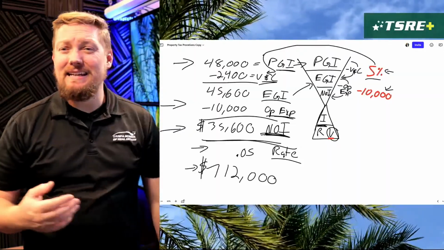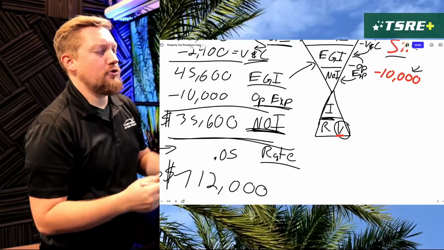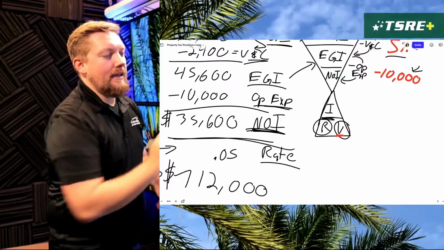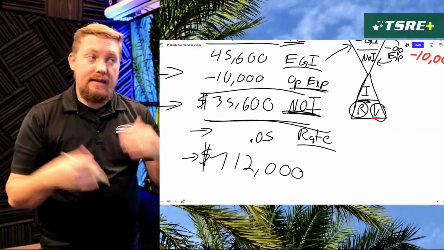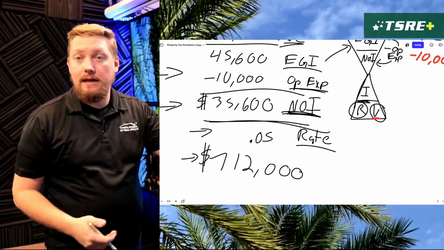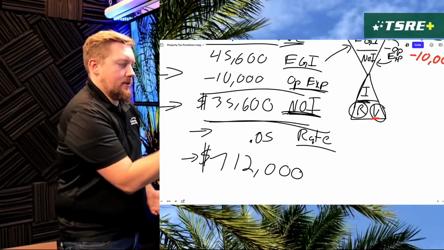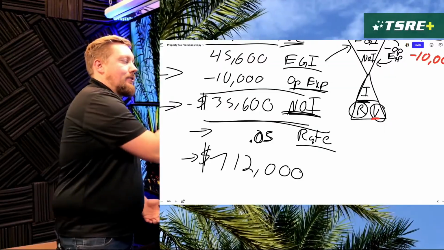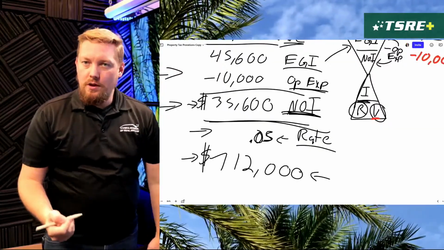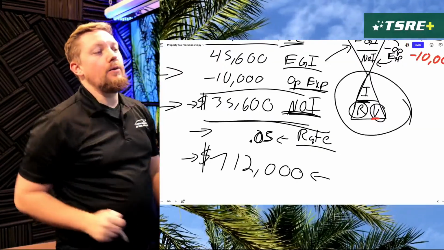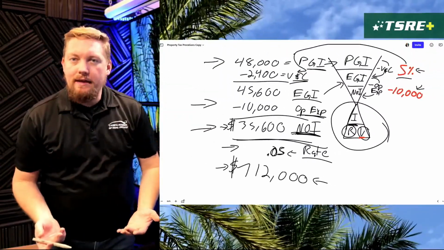So that is the income capitalization approach, and there are other variations on this where you could basically use the same triangle here to figure out the rate. And to do that, you circle R, and what you're left with is income divided by value. So to find out what your cap rate is, you just take the income, the net operating income, and divide it by your value of the property. So that's why, as we explained this earlier, this 5%, the $35,600, is 5% of $712,000. So that triangle helps out a lot. Again, just circle what you're looking for and solve the math for what is left.